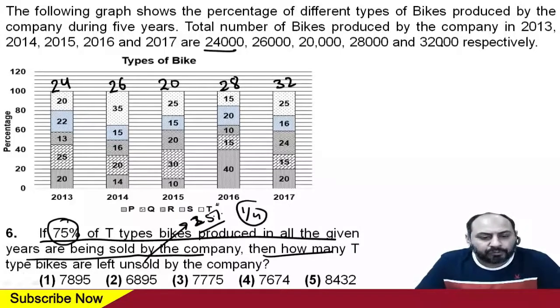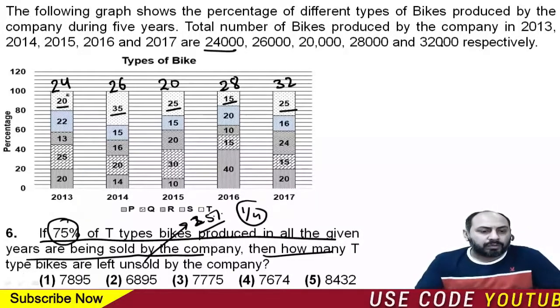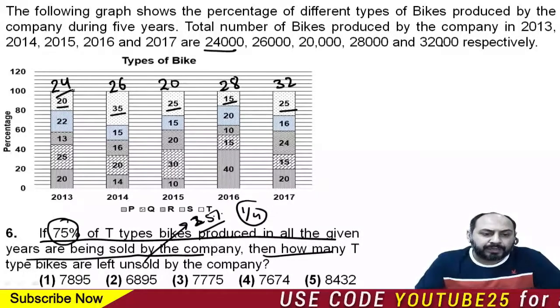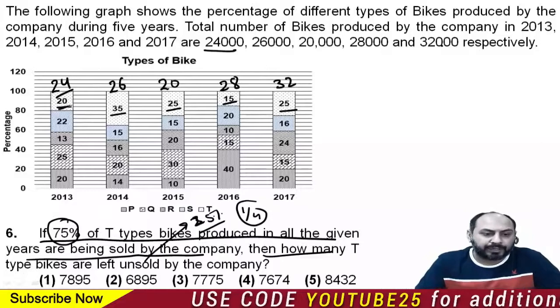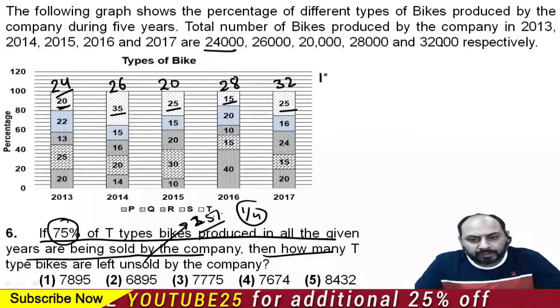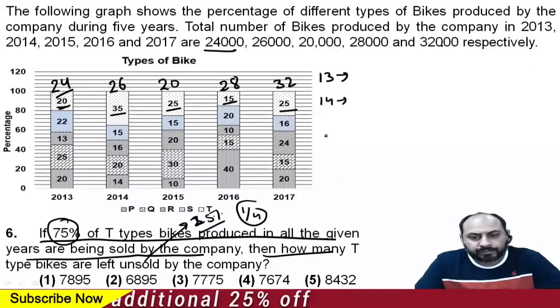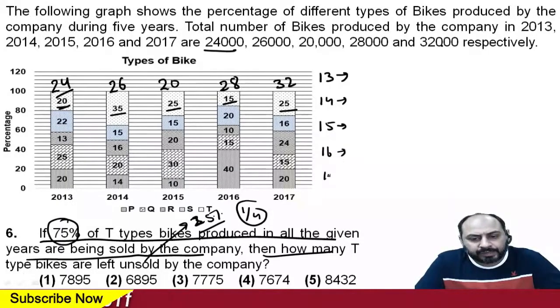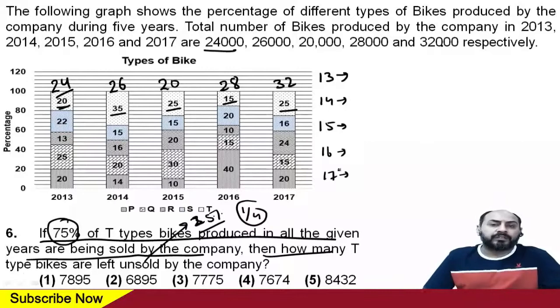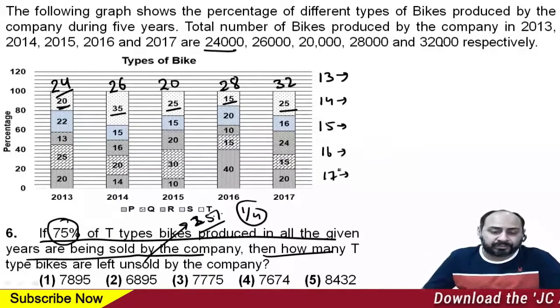All we need to do now is focus on values of bike type T. These are the values. So first we'll have to calculate 24,000, 20% of that, and then 1/4 of that, right? So let us now write the 1/4, that is 25%, for each year, and in the end you'll be adding up all these values, right? As simple as that. Now I'll give you a trick how to do this very, very fast and how you can do this easily also, right?